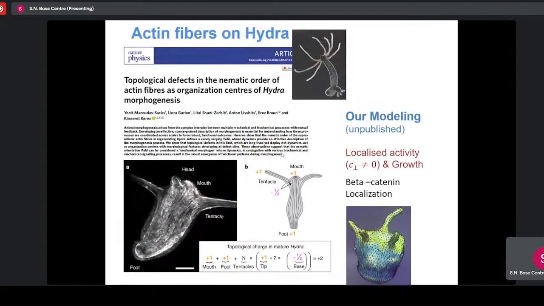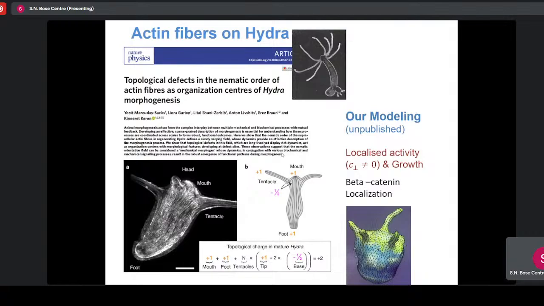Okay, now this is the last thing I wanted to mention. This is our most recent thing. There had been a Nature Physics paper that created a lot of waves about how these tentacles form in Hydra. Hydra is a very small organism, mostly lives in water. What they showed, because of experimental improvement, is that a lot of actin fibers here aligned in a specific way, and they had sort of